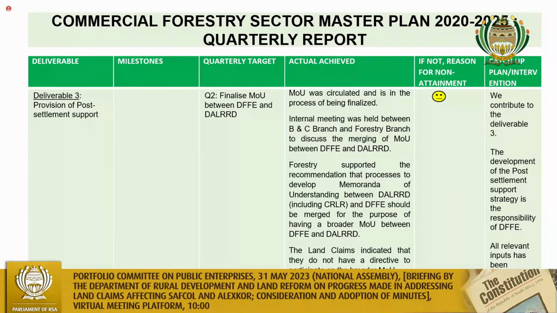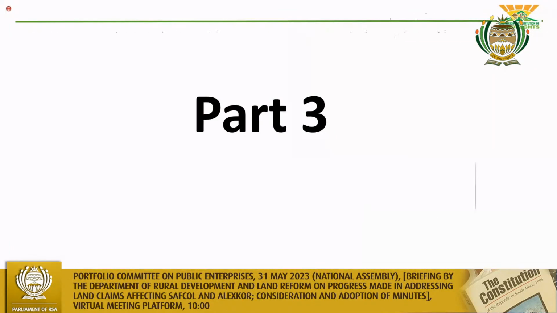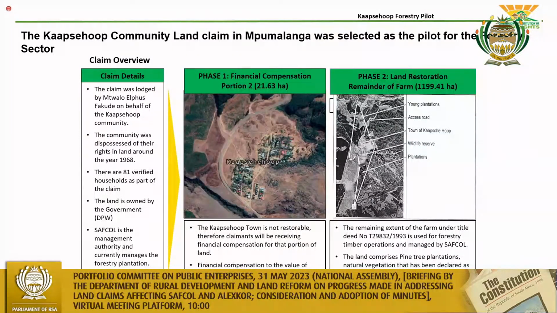Then if we go to the next slide, it's part 3 of the presentation. I'll be talking about CAPSWIP. This is the settlement model, which we piloted for the forestry sector, and we piloted on all the outstanding sectors because we realized the settlements we have developed are not sustainable, Chairperson. So basically what has happened is that